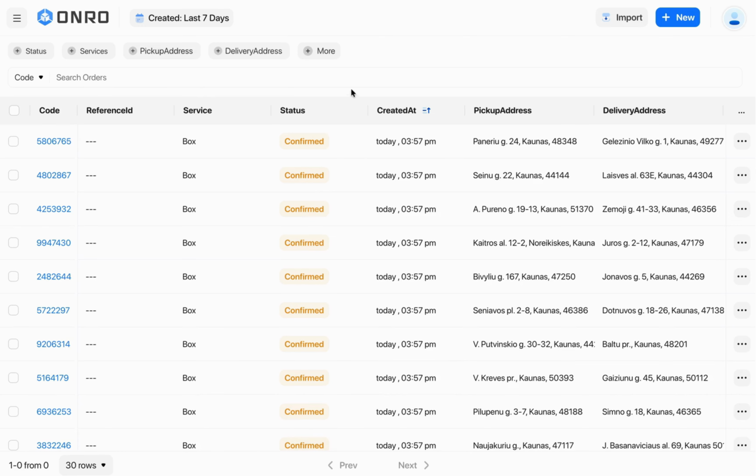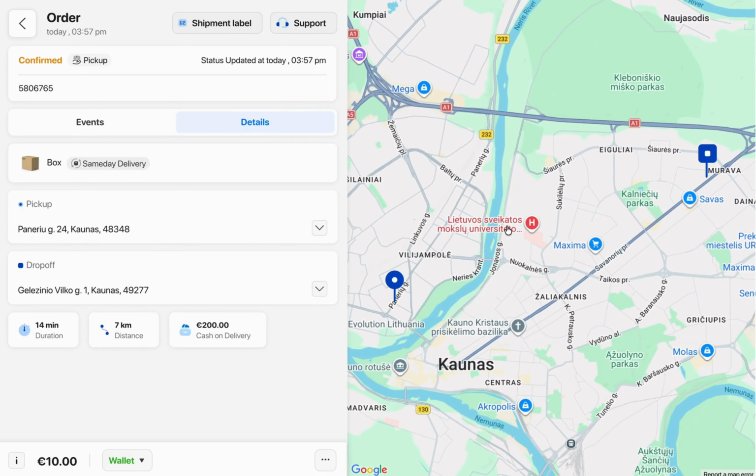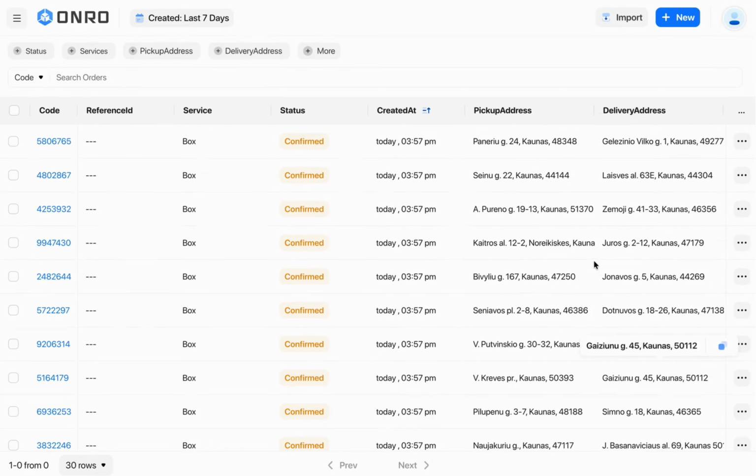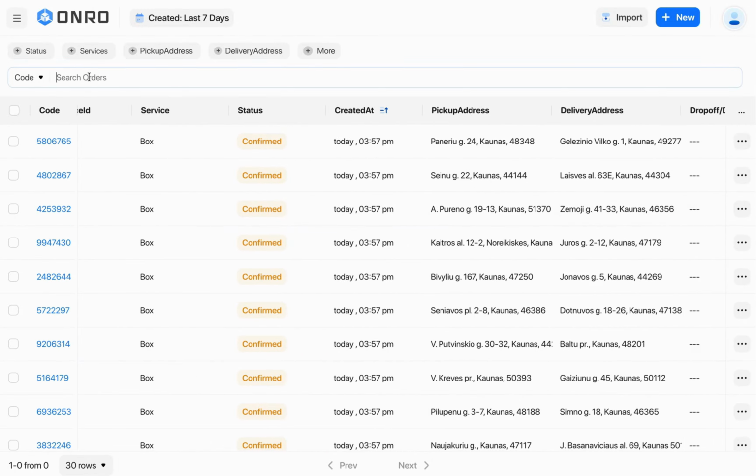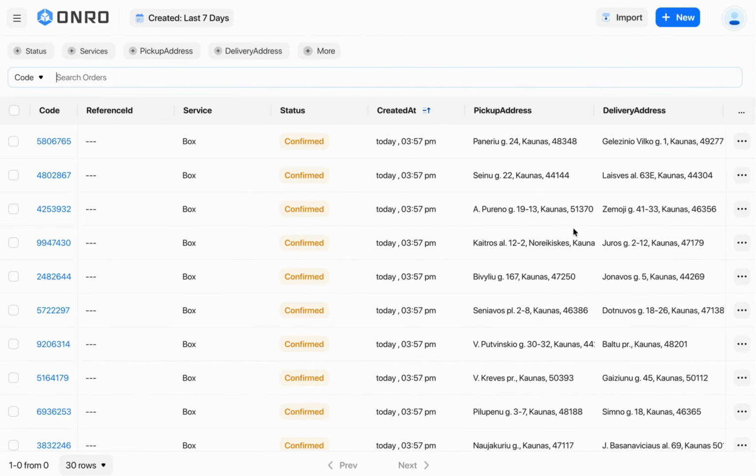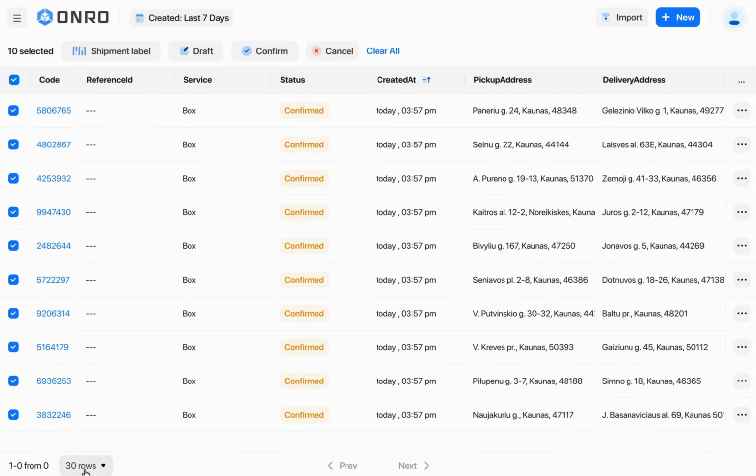The statuses are confirmed, and we can see each order's details, the pickup and drop off. So now as a customer, I can search by code, by reference ID. I can filter based on service, based on the status. And now I'm going to select all of the orders that I have created, 10 selected, and download the